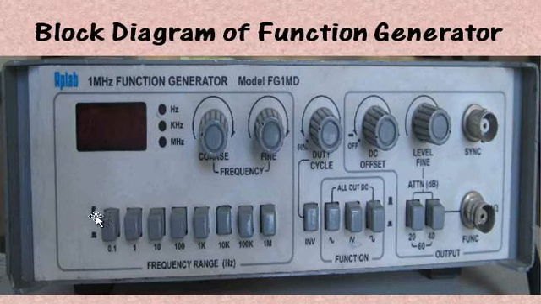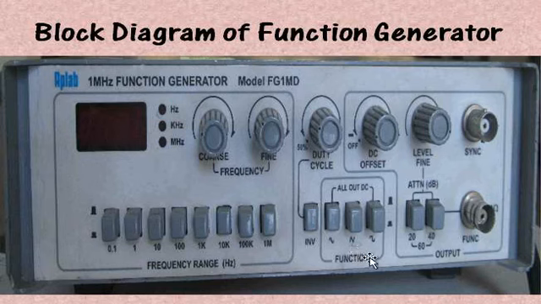So let us see how we can observe the waveform. If we press this knob, we will see the sine wave. See here, the symbol is given. Then the next knob is for triangular waveform and the last one is for square wave. So this is the basic laboratory function generator which generates sine wave, triangular wave and square wave.